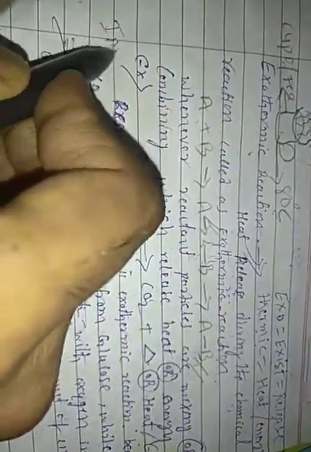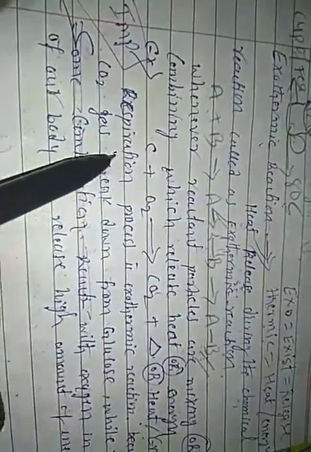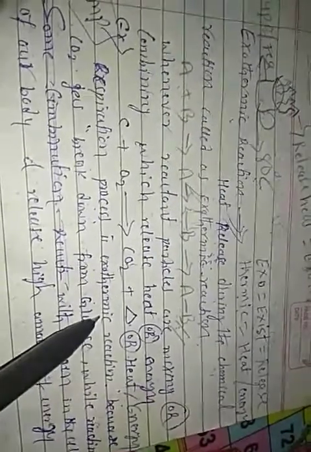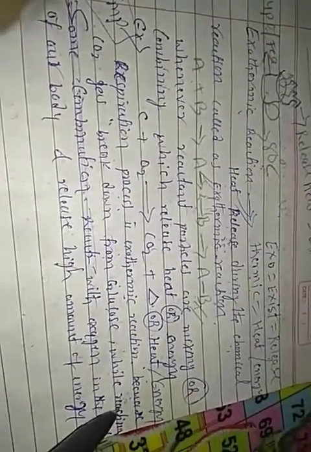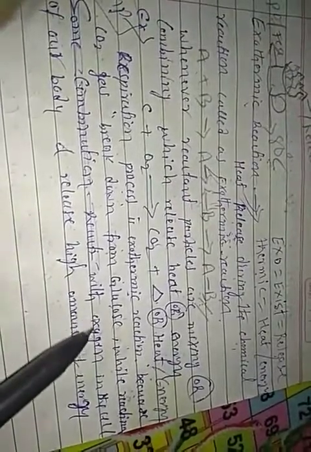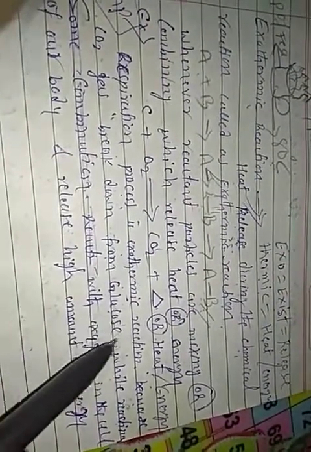This example many times they ask. This is one of the important questions. Important example: the respiration process. Many times the question they will ask is how the respiration process is exothermic. So the respiration process is exothermic because carbon dioxide gas breaks down from glucose. When glucose reacts with oxygen,